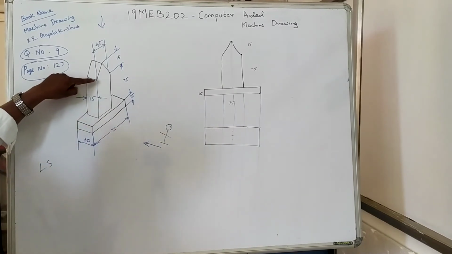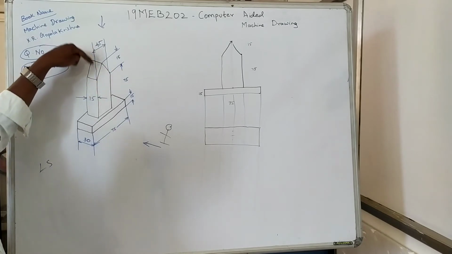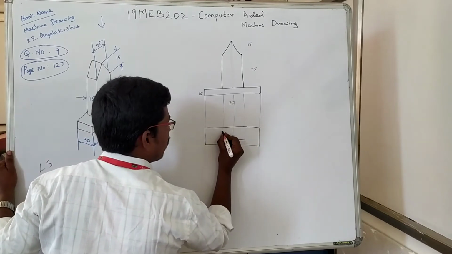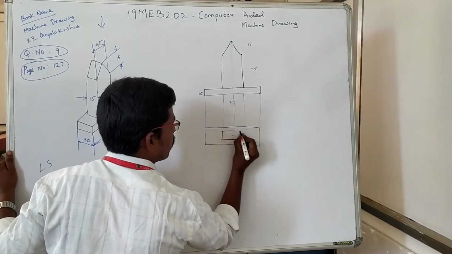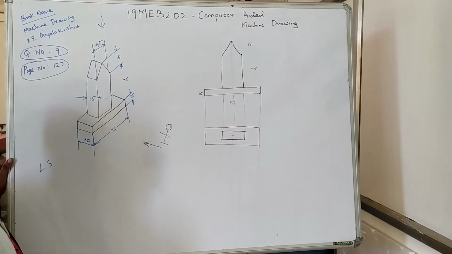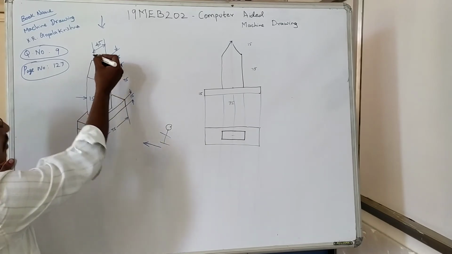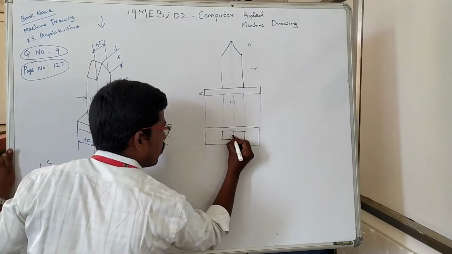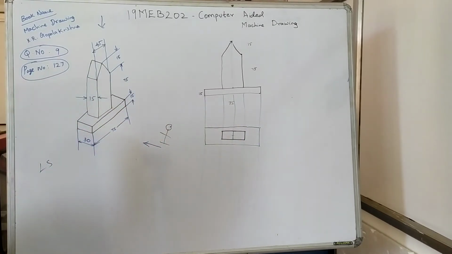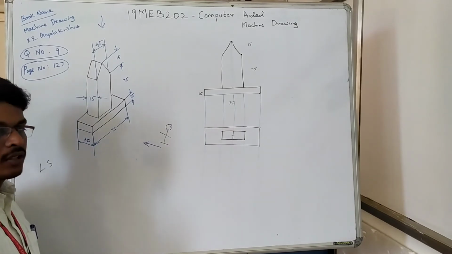Even though this is an inclined line from front view, I can see a straight line from the top view. So I am drawing a straight line with 15 mm thickness, 45 mm length. Okay, what about this edge? Yes, this edge is visible, so you have to draw a darker line. Have I finished this top view? Yes, I have finished the top view.